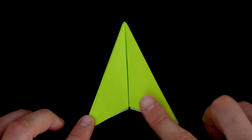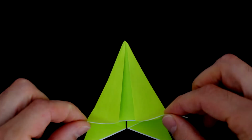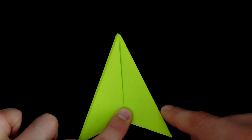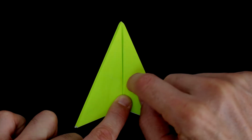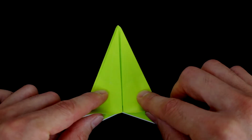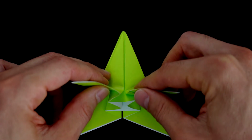Now the second tricky fold is the last one. We have to fold these 2 triangles on our side along an imaginary line in the middle of the star, somewhere around here. You can do it with your fingernail. It's very important to create a star shape as perfect as you can. So we bring these 2 edges up